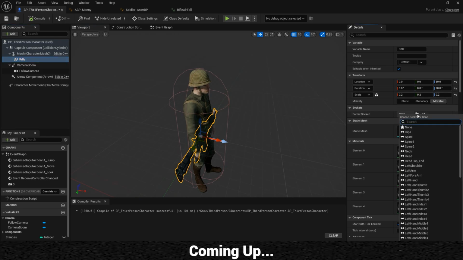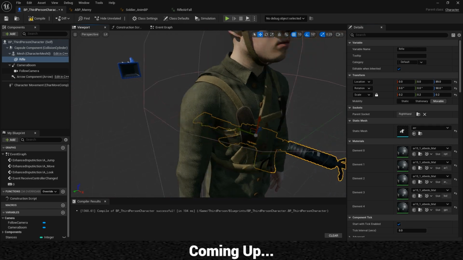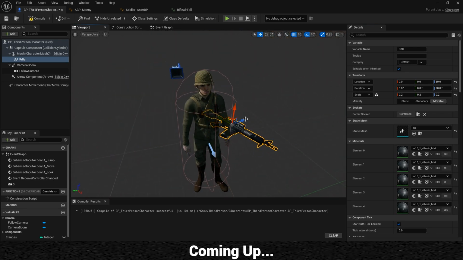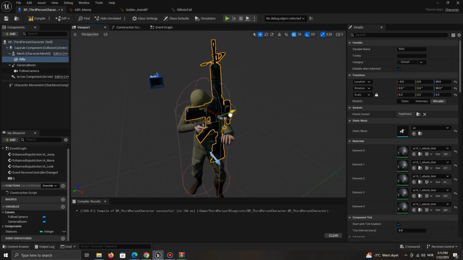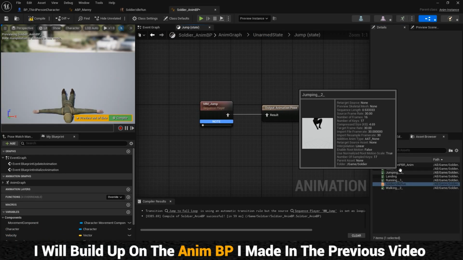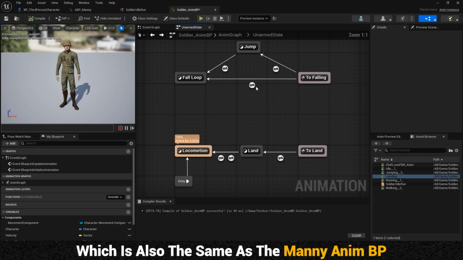A cool thing you can do, for example, if you wanted to add a rifle, instead of adding it to your character in their default stance or manually changing animation, you can switch the stance live. I will build up on the animation blueprint I made in the previous video, which is also the same as